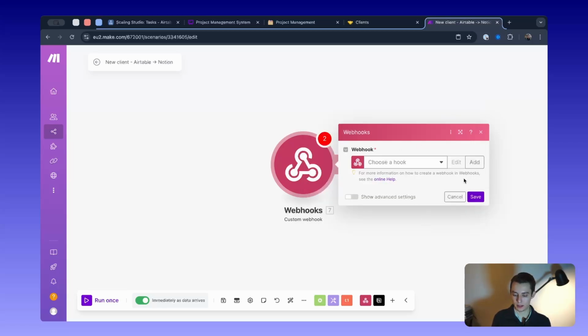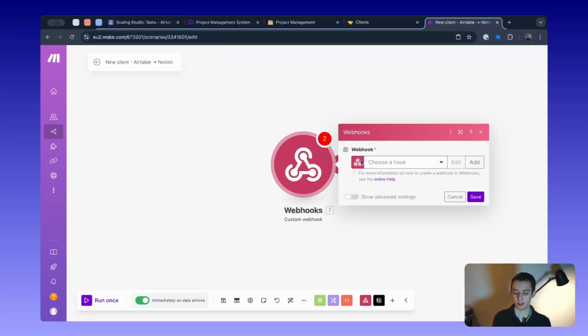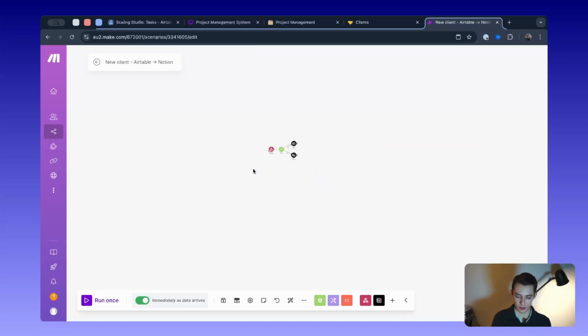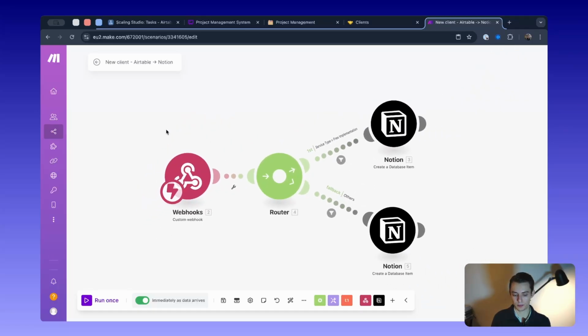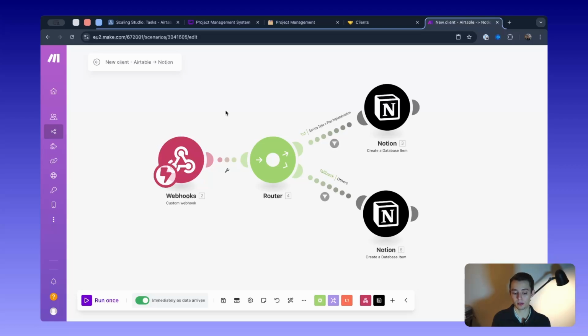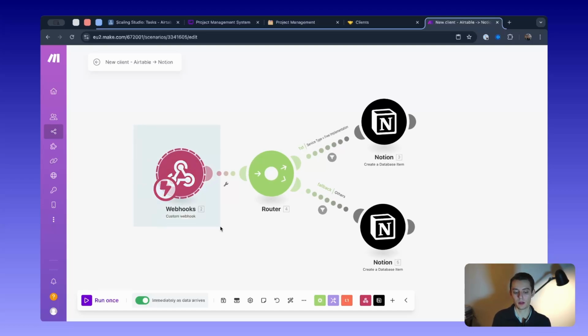And what this does is you would have an automation inside Airtable, which I will show in the next video. When I talk about Airtable, I will show all the automations with Airtable, etc. But you would have an automation that sends a payload to this webhook. And what happens is this receives a payload every time you have a new client in Airtable. So every time I have a new client in Airtable based on some filters that I'm not going to go over because it's very specific to our own process, but every single time I want to consider a new client,